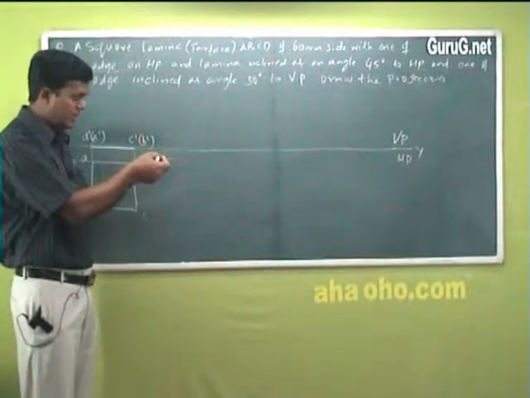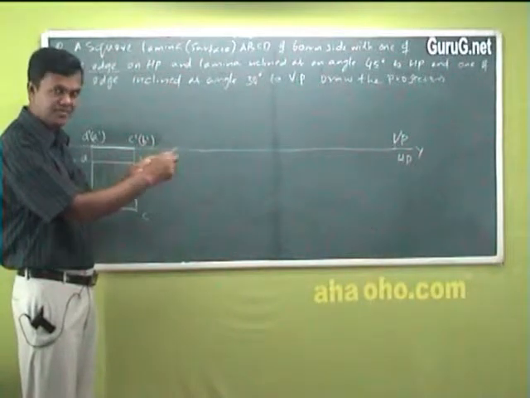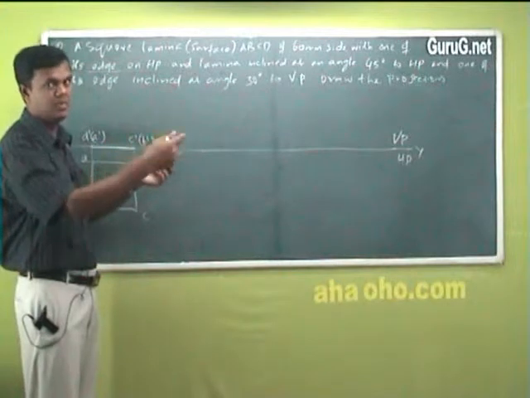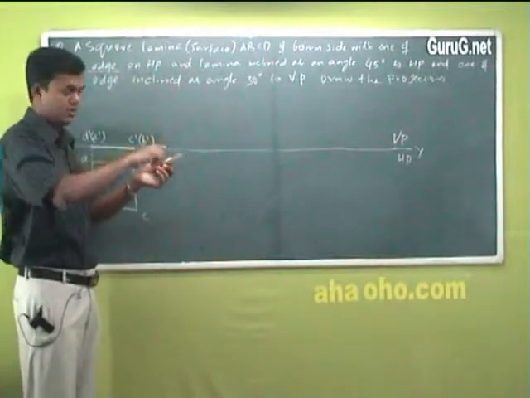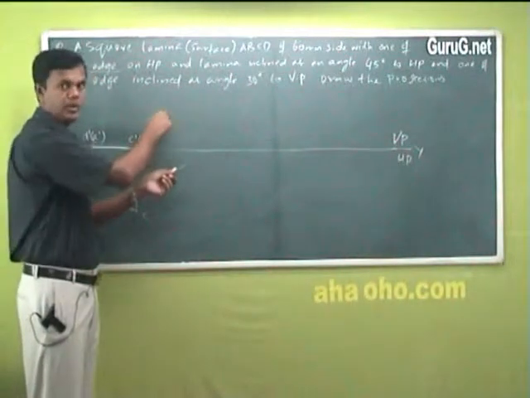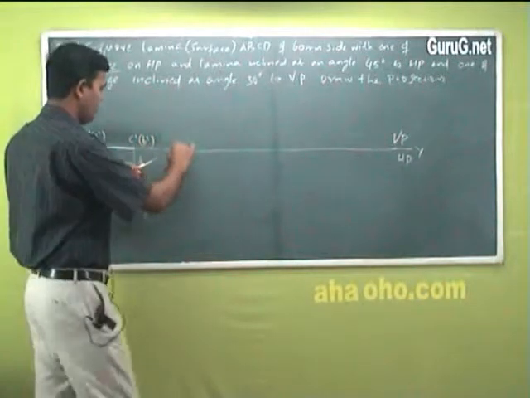Now what will I do? This body, consider it is just inclined. Inclination to HP is like this. So this angle is 45 degree. That is theta. Hope you remember what I said. Inclination to HP will be theta and VP will be phi. So this is inclined like this, 45 degree. Where I am drawing it, I should draw it in the VP only, because I can see this inclination only in VP.